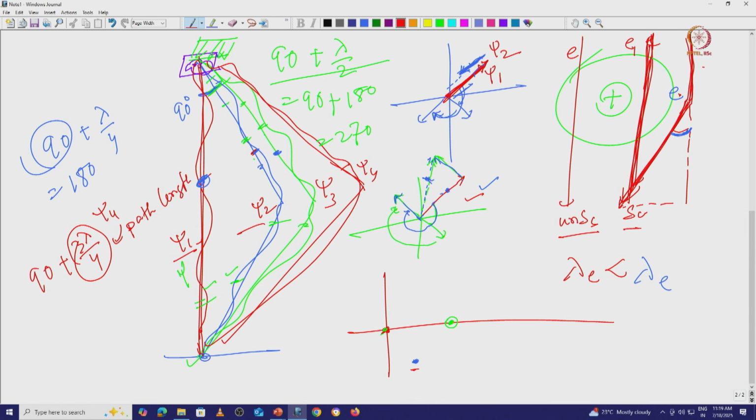Path length difference, and this is the scattering angle. Now if you just add them together, what will you get? You will get a 360-degree change. Now if I want to plot that 360-degree change, what I have here is my unscattered electron beam, that is my wave 1. Now there is a 90-degree change, my scattered electron. Then there is again a 270-degree change. So this is my 90-degree and then the 270-degree change.